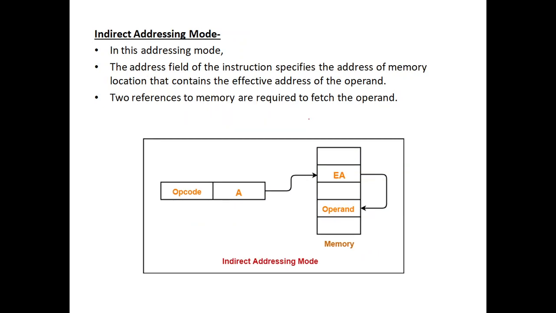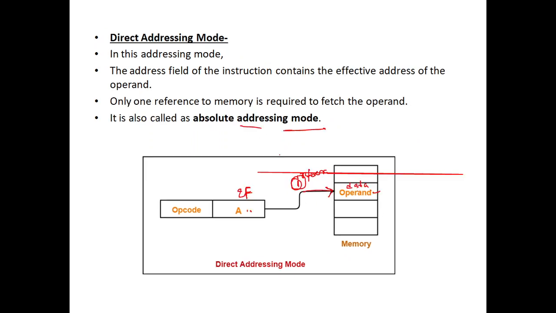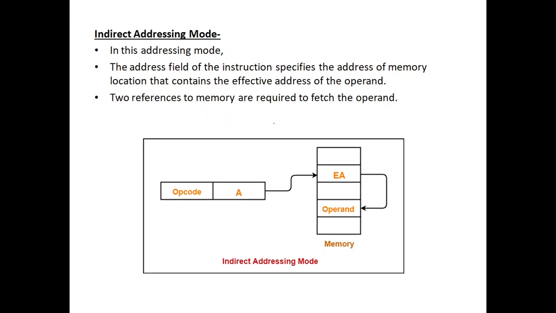And the next one is indirect addressing mode. Previously, when you saw, only one reference is done to the memory location, right? So with one reference, we are directly getting the data. But when you see the indirect mode, we are not directly getting the data. As the name itself suggests, in indirect addressing modes we need two references. So this is the first reference. Previously, in direct mode, we had the data, but here we are going to have the effective address.